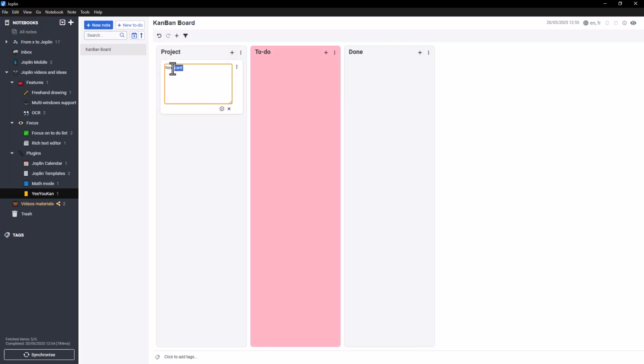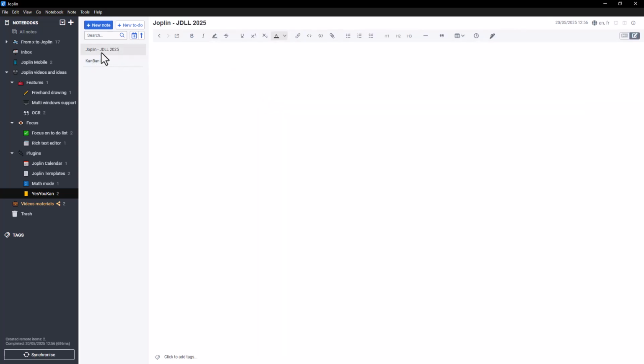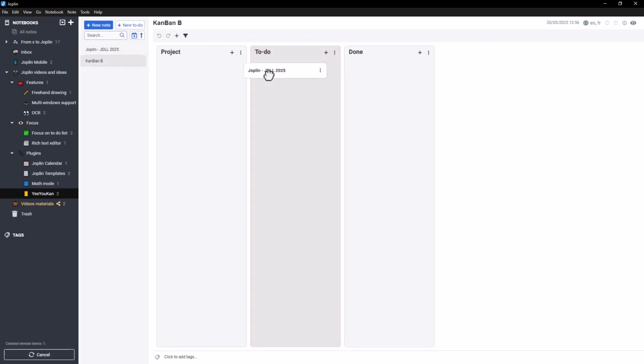You can name the card, assign it a color if you like, and most importantly, link it to an existing note or create a new one directly from the card. The note will take the same title as the card, and you'll be able to add all the relevant details inside. This makes it easy to centralize everything in the right place. Once the note is created, it stays linked to the card, and you can open it anytime by double-clicking the